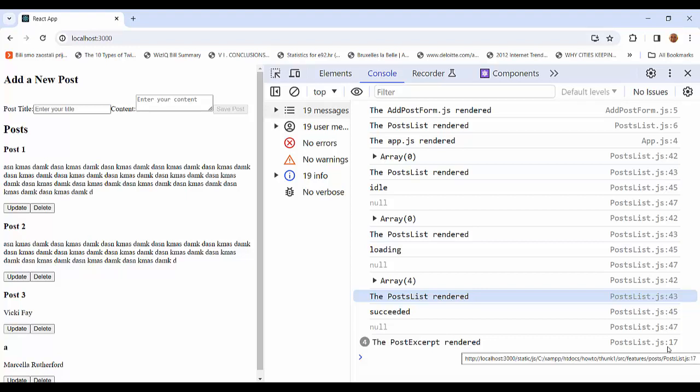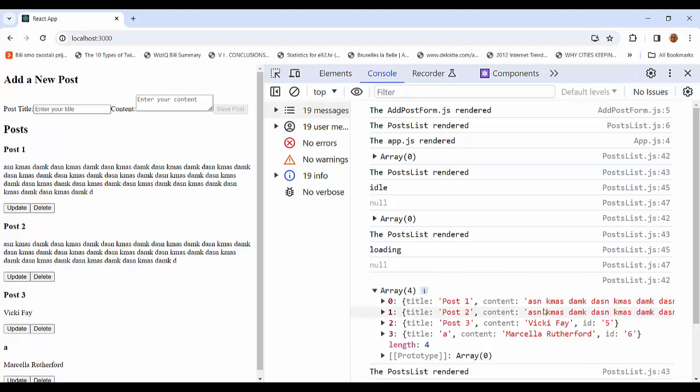It is the state of posts. There are 4 posts, and that is the reason the post excerpt received the first post, so that post excerpt can be rendered, because this 4 post array goes into a map,